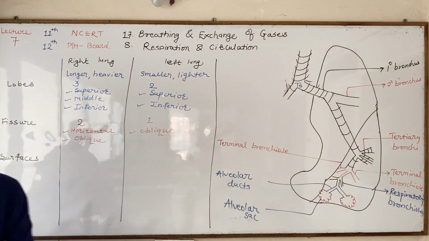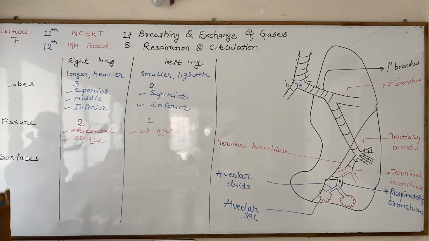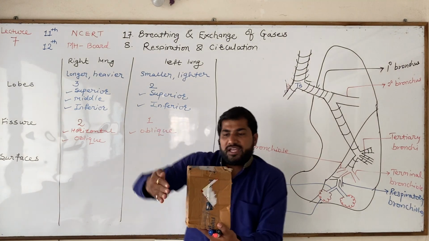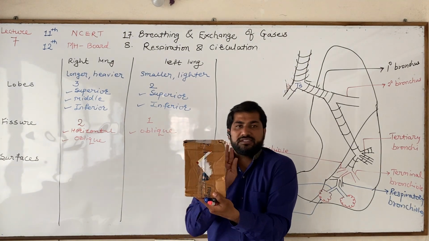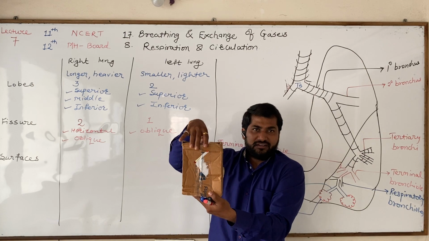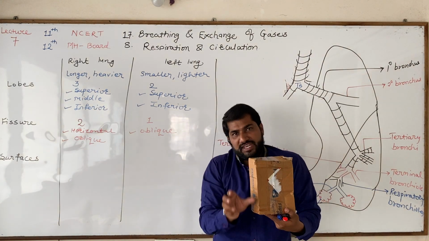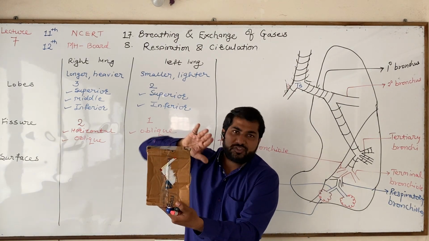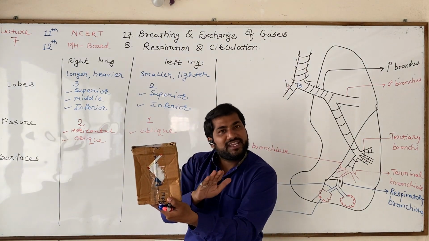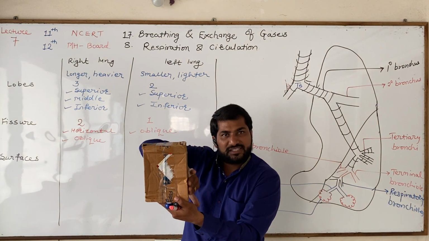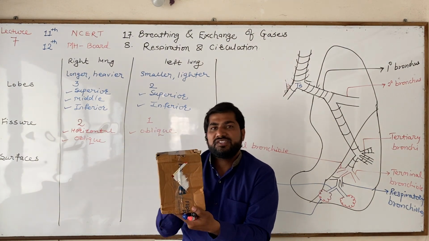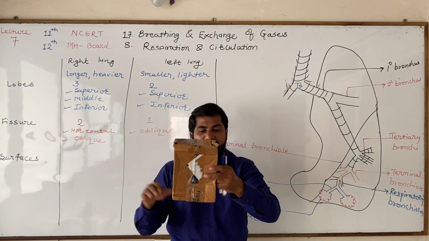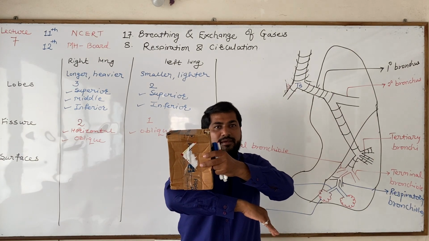So suppose this is the lung, and ribs are covering the lungs. This is the right lung, here is the left lung. So the area present between the right and left lung is called the mediastinum. So the surface of the lung facing the mediastinum is called the mediastinal surface. Okay, and the part of the lung which is in contact with the ribs is called the costal surface, and below, the lungs are